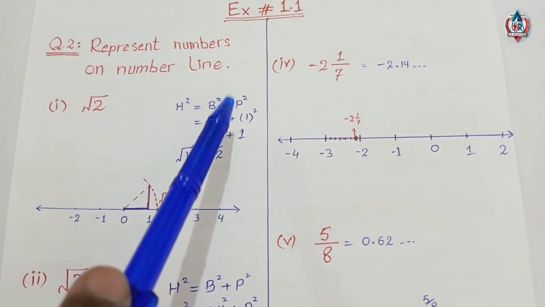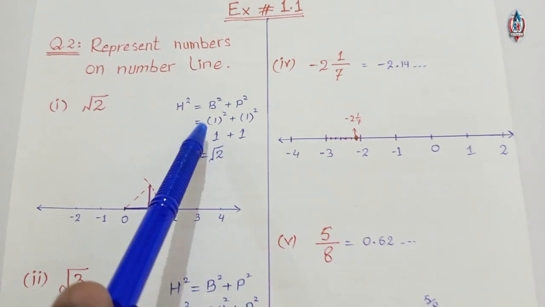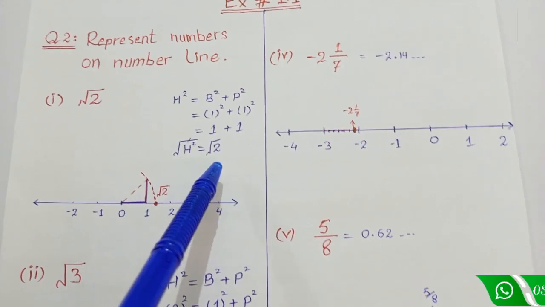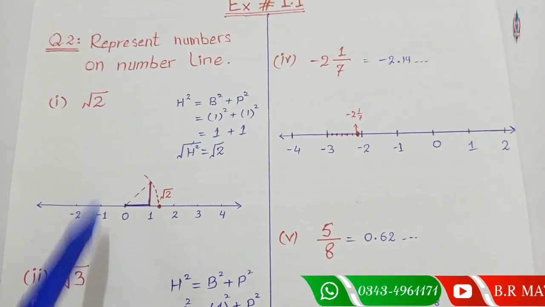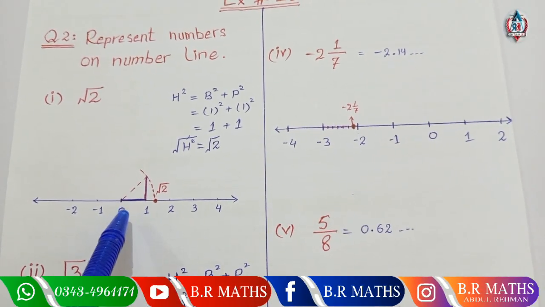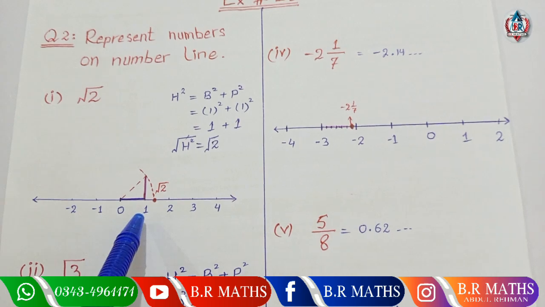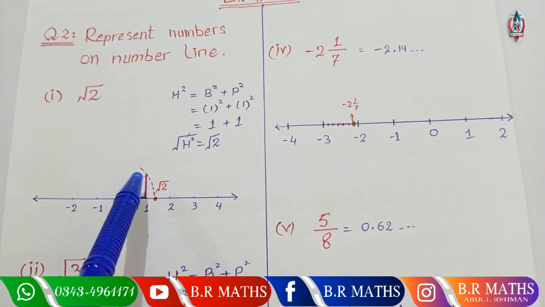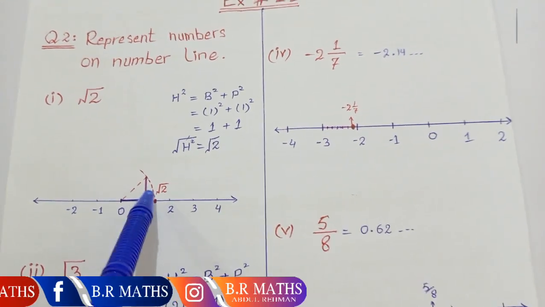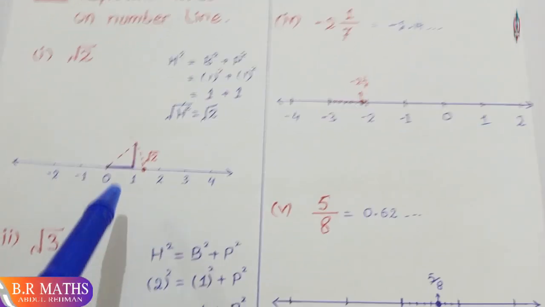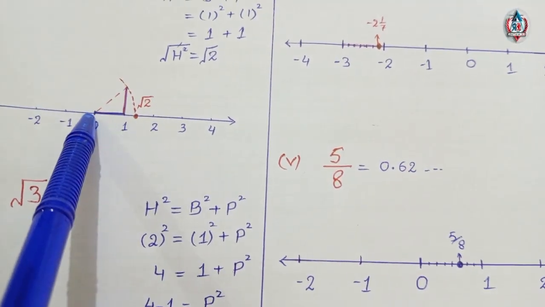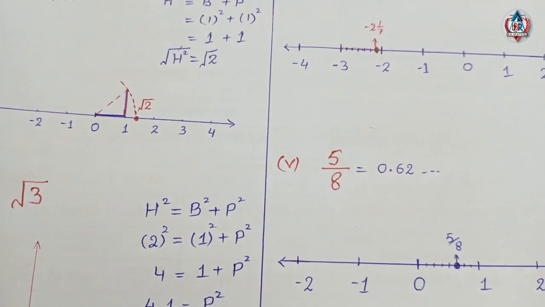In a right triangle, if the base and perpendicular are 1, then according to the Pythagorean theorem, the hypotenuse squared is equal to base squared plus perpendicular squared, so the hypotenuse is square root 2. Draw the triangle on the number line such that the base is 1, from 0 to 1. Then draw the perpendicular of length 1 at 1, so the height is 1. See that the triangle is a right triangle, so the hypotenuse from 0 to this point has length square root 2.